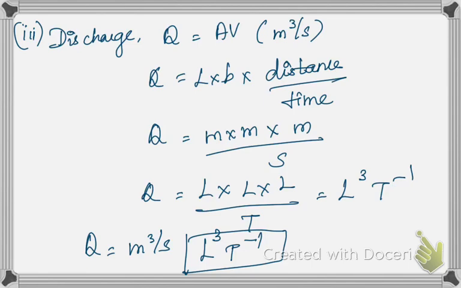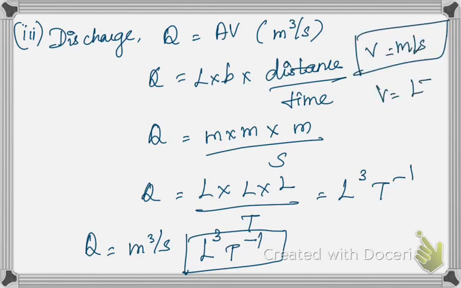If you know the units, you can straight away substitute. Say for simple, for velocity the unit is meter per second. So meter per second, then velocity will be L t power minus 1. Likewise you can derive it. So whichever you feel comfortable with, you can do that. So very easily you can do it.